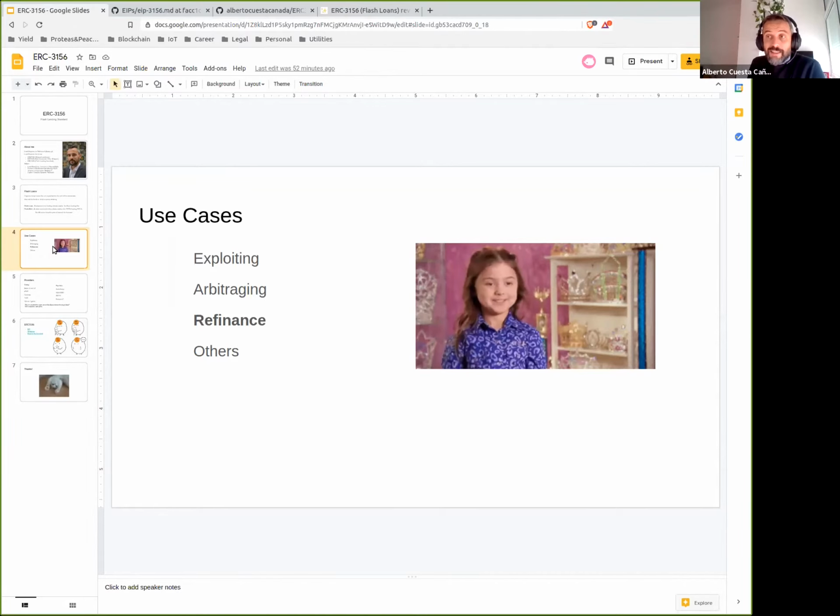And this is just the start. There are other use cases that we should see in the future. This morning, Fiona Kobayashi, which is in our ERC group, released something where you can actually delegate the paying bit of a flash loan. You can build financial instruments with this. It will be useful for sure.